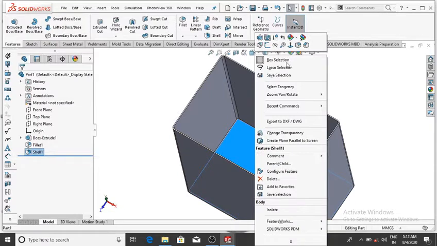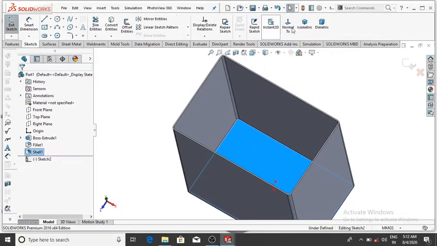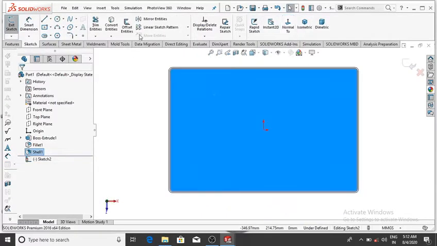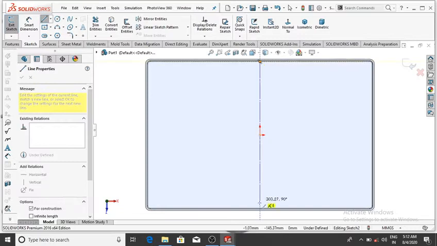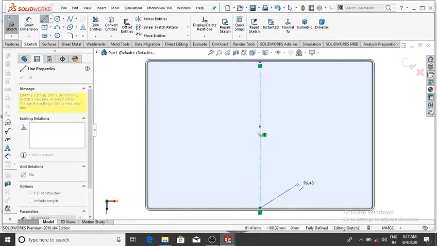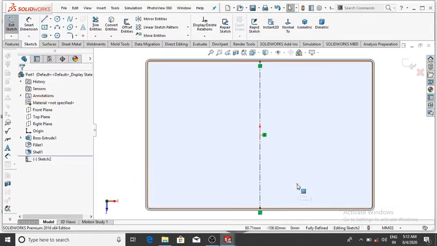So simply select this face, right click, sketch, then normal, and first of all make the center line. So select this point to this point and make the line of offset 2 mm on both sides.